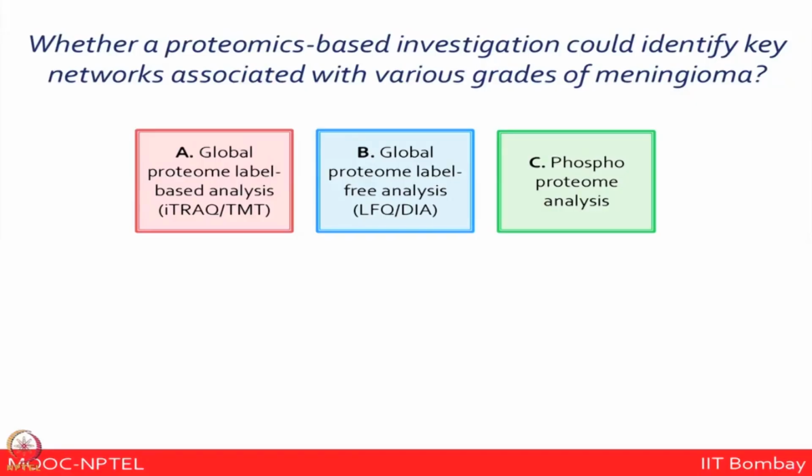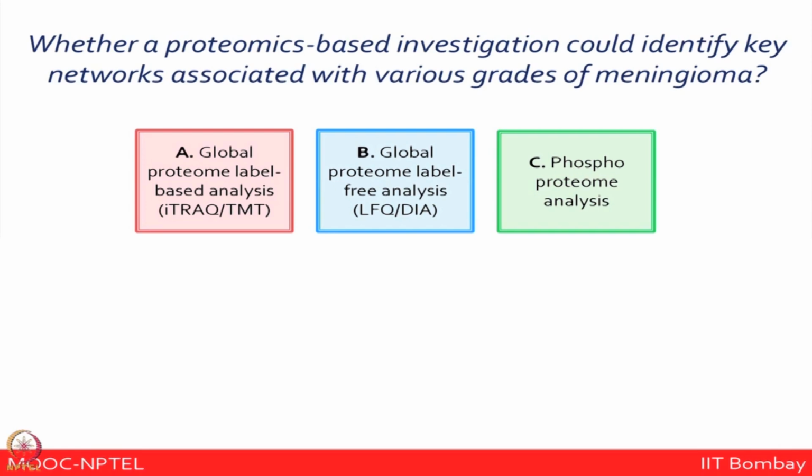So, we wanted to ask whether this kind of proteomics investigation for a brain tumor could identify some of the key networks and potential targets for different grades of meningioma brain tumors. We are now looking at meningioma, using 3 different complementary approaches. One is global proteomics, where the aim is to look at all possible proteins and quantify them using either iTRAQ or TMT based workflows, or the label free analysis, LFQ, label free quantification, or DIA, data independent acquisition. Or we do the phosphoproteome analysis to look at the enriched phosphopeptide residues